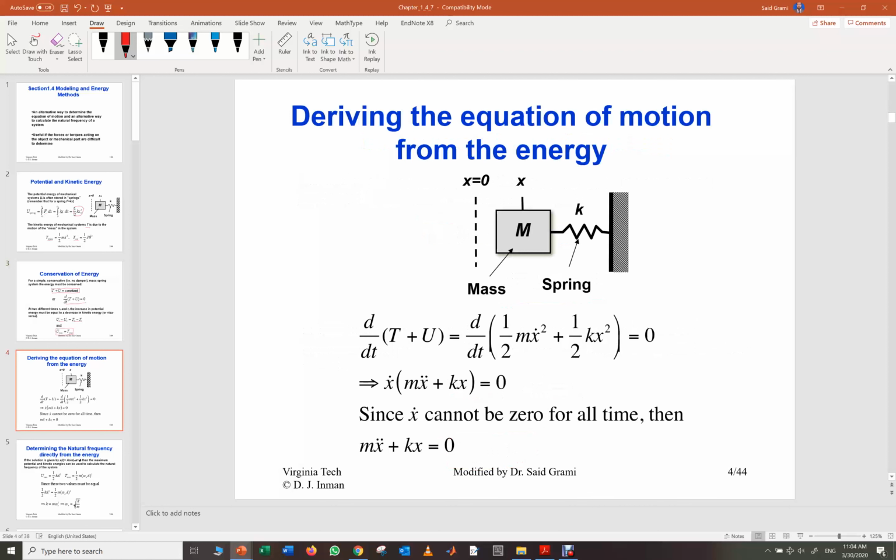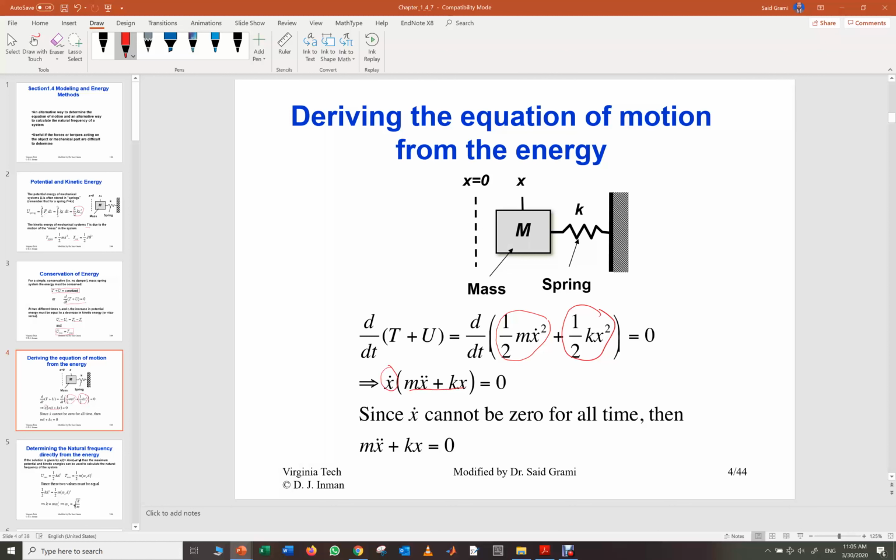Now we can derive the equation of motion from the energy. So we have the same system. We have a mass here, we have a spring, and we can write our equation, the derivative with respect to time of T plus U. It will be the derivative with respect to time of the kinetic energy and the potential energy. So we make the derivative with respect to time. We get x dot times m x double dot plus kx. Since x dot cannot be equal to 0 all the time, we have m x double dot plus kx equal